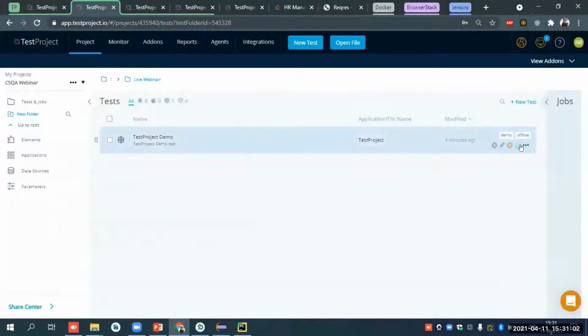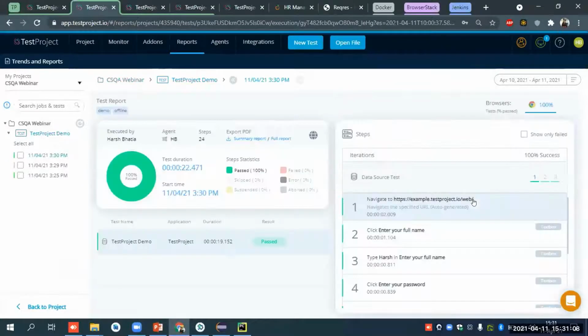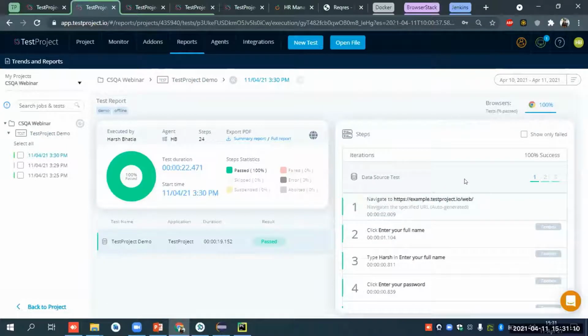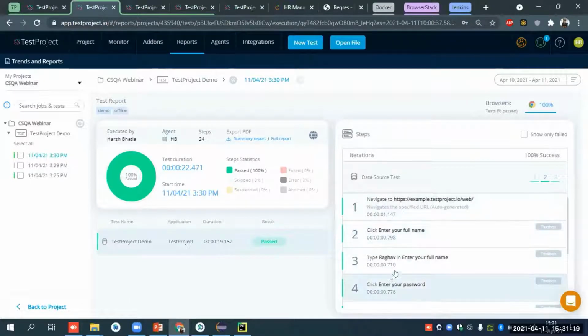So what it did is, whatever elements and however many occurrences we have mentioned in our parameter file, it will iterate that number of times. So in the report you will see 1, 2, and 3. Whatever values you have mentioned in the data file, it will iterate that number of times.